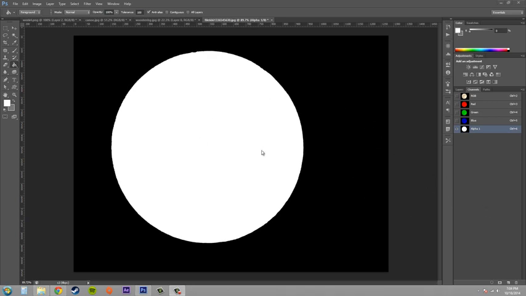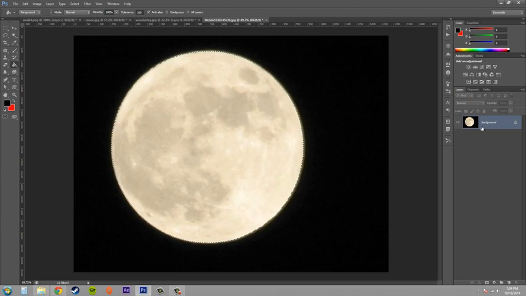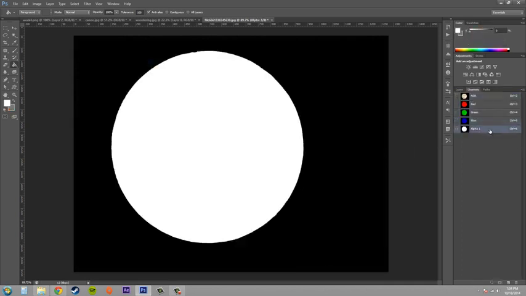Now, a good thing about keeping one of these channel masks is, say you're working on your image here. Let me go back to the correct channel here. Say we're working on our image here, and it's more of a complex image than just this circle, which is the moon. You can always go into your channels panel after you've already made the selection, and say you're going to click on your alpha that you made. You can select this load channel as selection,